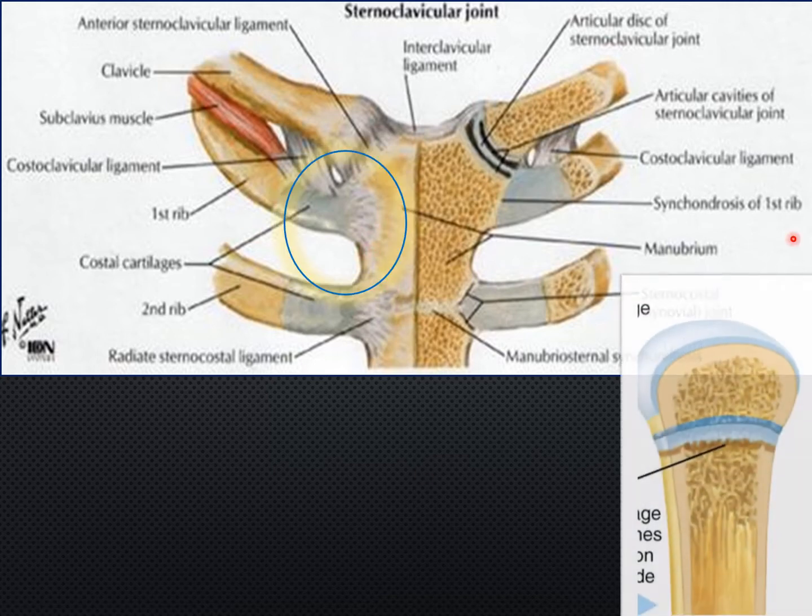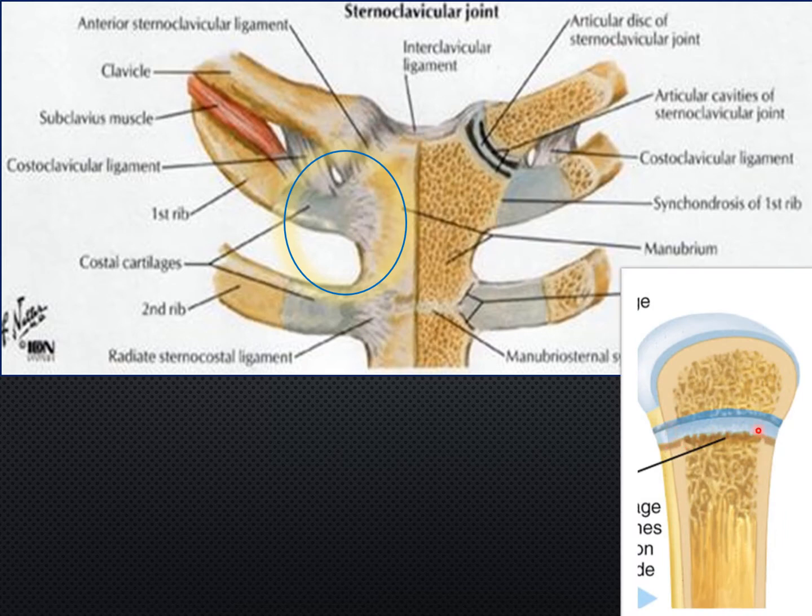And another example that we saw is the epiphyseal plate, which is a plate of hyaline cartilage. This is the epiphysis, this is the diaphysis. At the junction between epiphysis and diaphysis of the growing long bone, we have the epiphyseal cartilage or growth plate, which is a plate of hyaline cartilage. And once the growth of the long bone is completed, this will disappear and it will be converted into bone.